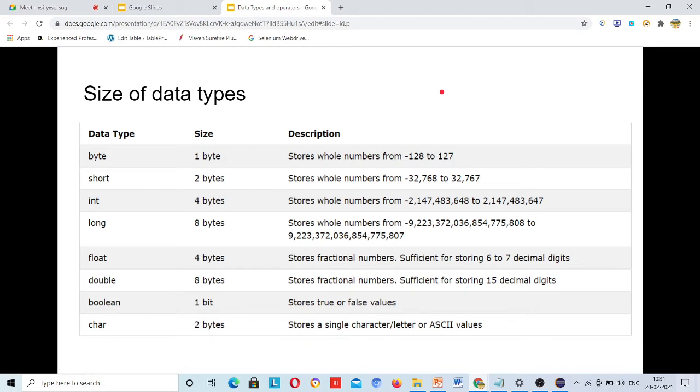See, this is a byte. Byte is 1 byte. Once you declare a byte, the size is 1, and this is really important because size sometimes determines your system performance.